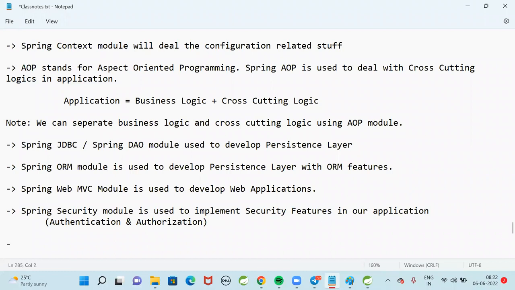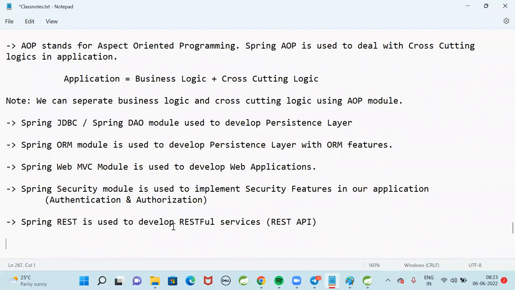Spring REST is used to develop RESTful services, which are also called REST APIs.